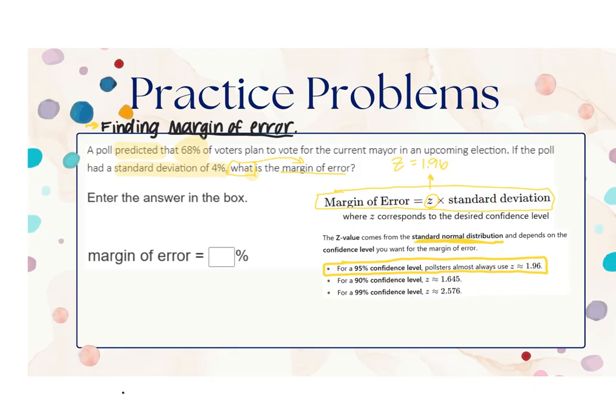Now, we also are given our standard deviation, which is 4%. Whenever you plug in your percent, you do need to convert it to a decimal. So in a calculator, you can divide it by 100 or move the decimal over 2 places. So it would be 0.04. And to find our margin of error, we're going to take our 1.96 and multiply that by our 0.04. And when we do that, we get a decimal, which is